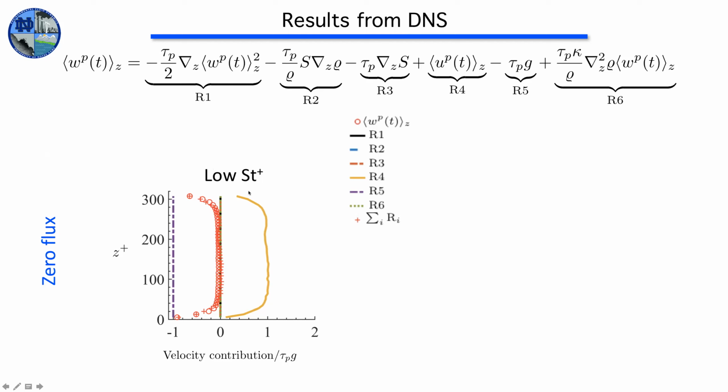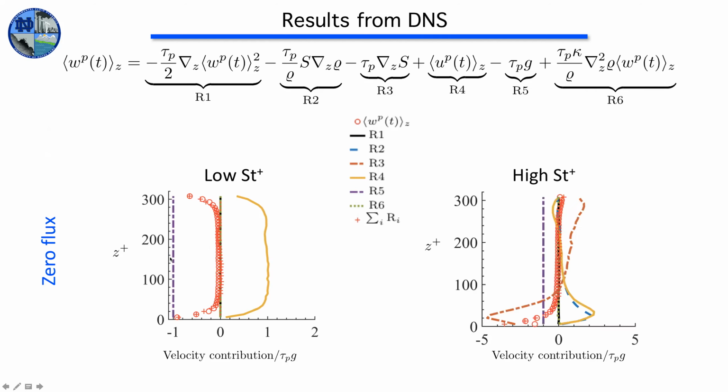at low Stokes number. Because we're maintaining zero flux, which is enforced by the boundary conditions of the case, something else has to be offsetting this. And that is R4, which is the preferential sampling. Oddly, the particles are preferentially sampling the flow, but they're actually preferentially sampling upwards. This is because something needs to balance: they need to be resuspended by showing up in positive velocity fluctuations of the fluid to offset the downward